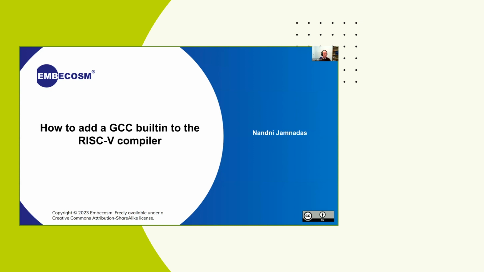So our second talk is a tutorial on how to add built-ins to the RISC-V GCC compiler. It is GCC specific, this one. In the future, we'll look at how we can do the same sort of talk for LLVM. So I will set this up as a slideshow and share it. So hopefully that's good and visible.